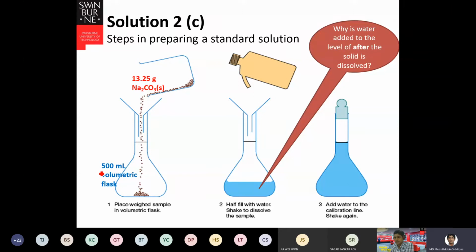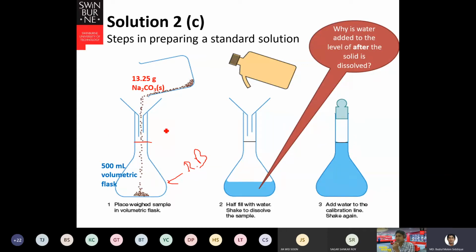How do we prepare it? This is the round bottom flask. We call it the round bottom flask, RB flask sometimes. We put the sodium carbonate, or whatever, sodium hydroxide, inside, and then this is the mark. This mark means if the water is up to this level, it will be 500 milliliter